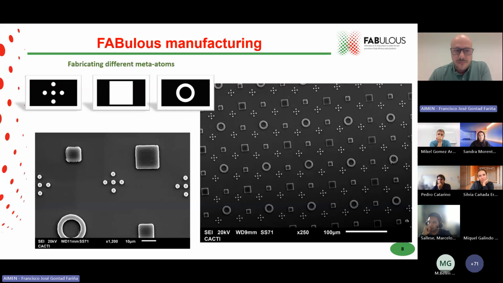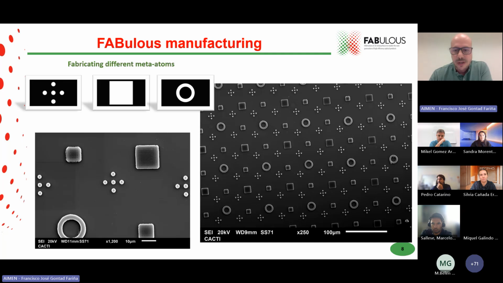In the Fabulous project, we have observed that the definition of different meta-atoms, like small cylinders, thick small waveguides, or square areas, or annular structures, can lead to different light interaction, different changes in the propagation of the light. So by adjusting the shape and the structure, we can fabricate different optical functionalities. And this approach, when used with the spatial light modulators, is really very precise, but not only precise, it's very